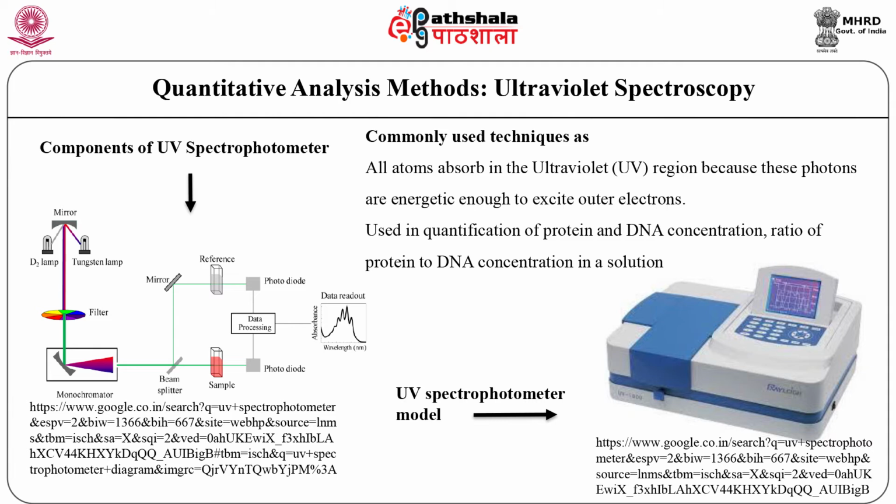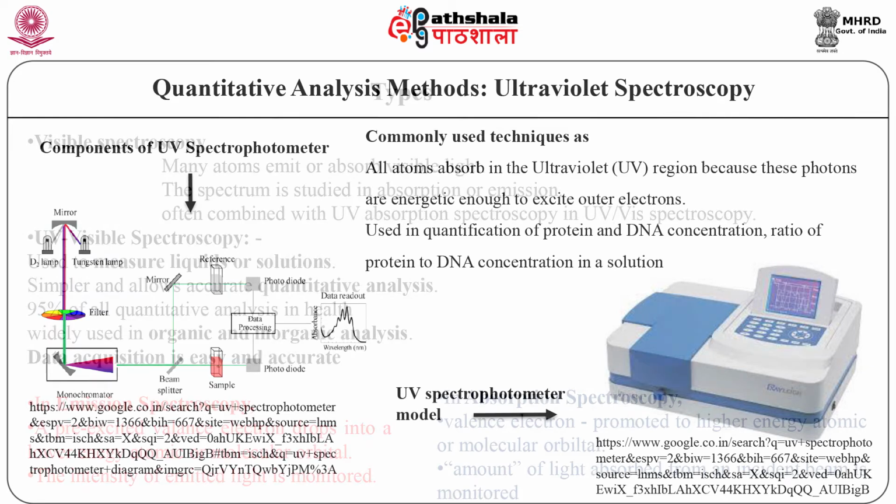concentration in a solution. Several amino acids usually found in protein, such as tryptophan, absorb light in the 280 nanometer range, and DNA absorbs light in the 260 nanometer range, due to which the ratio of 260 to 280 nanometer absorbance is considered a good indicator of the relative purity of a solution in terms of these two macromolecules. Reasonable estimates of protein or DNA concentration can be made with the help of Beer's law.